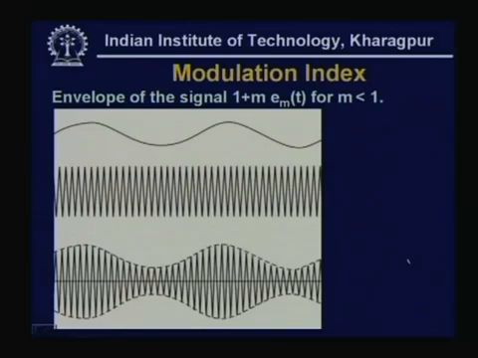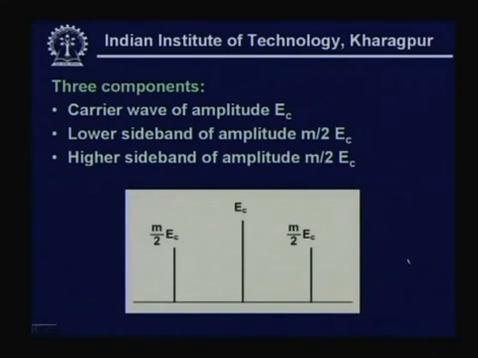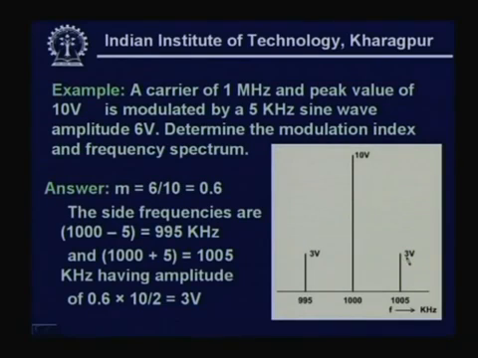Obviously, the time domain representation we have already seen, that time domain representation will be somewhat like this, and on the other hand the frequency domain representation, as you can see here, will look like this, that means three spectral components. So, now let us consider